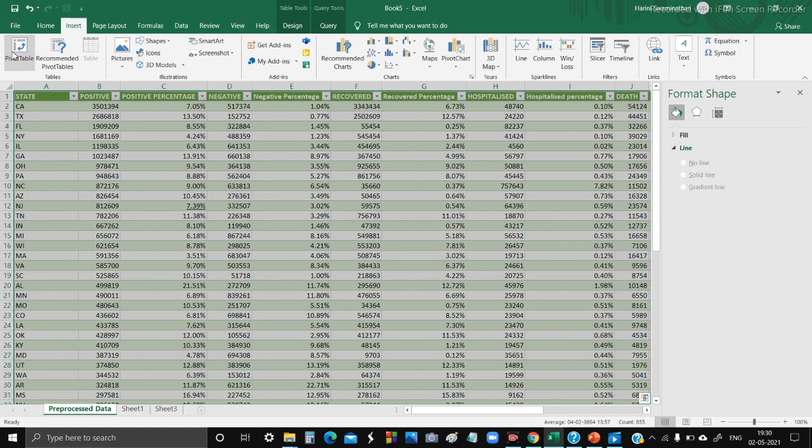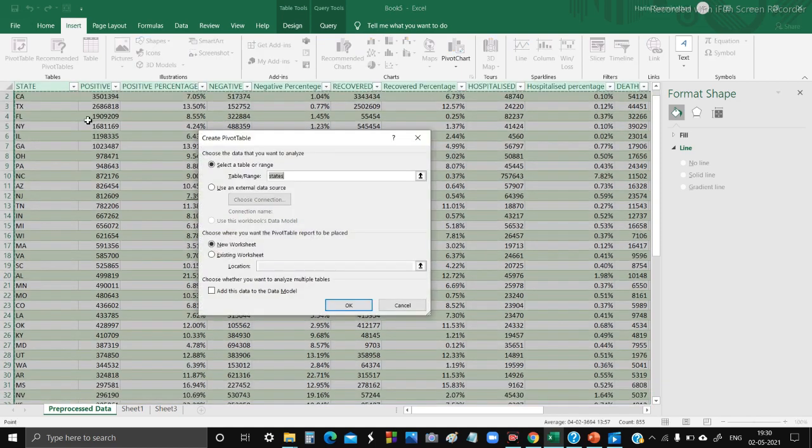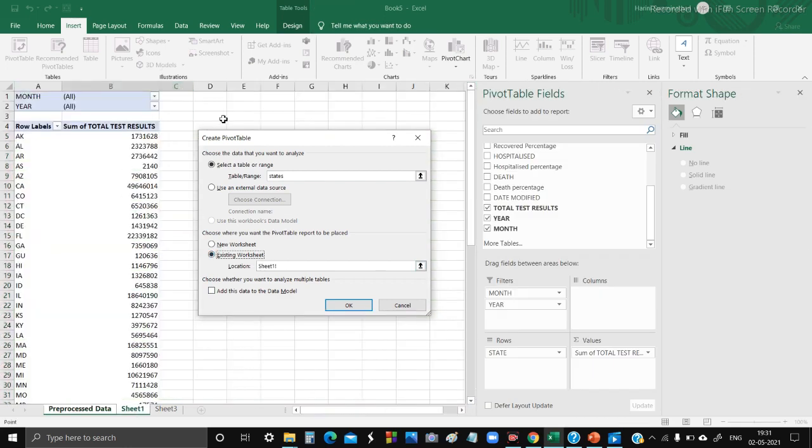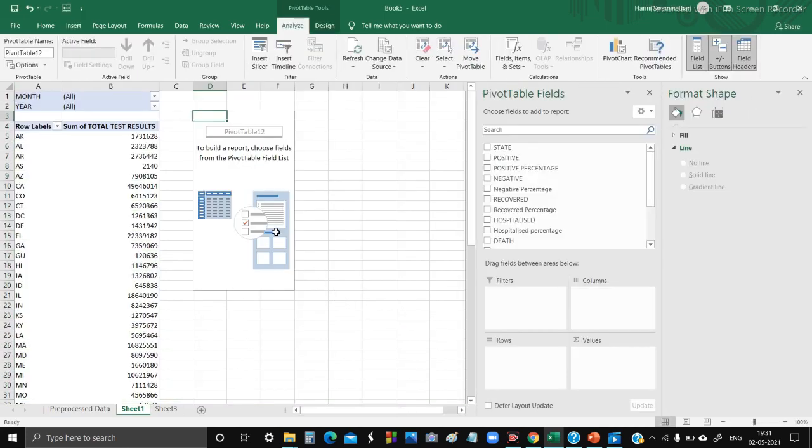I'm inserting yet another pivot table again. Yes, our pivot table is created now. You will be holding the values for positive cases in this pivot table.